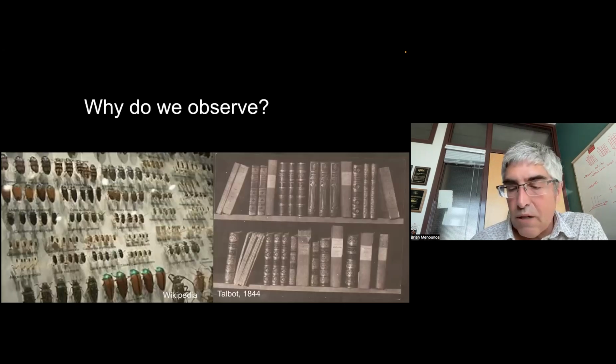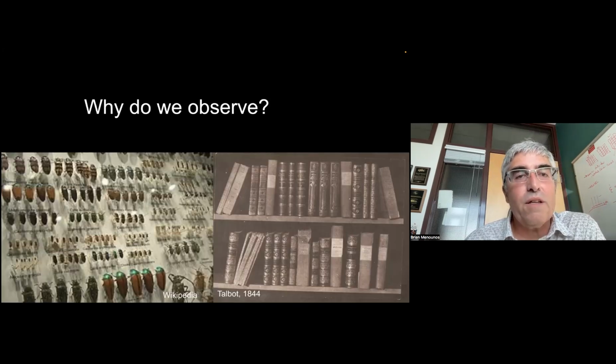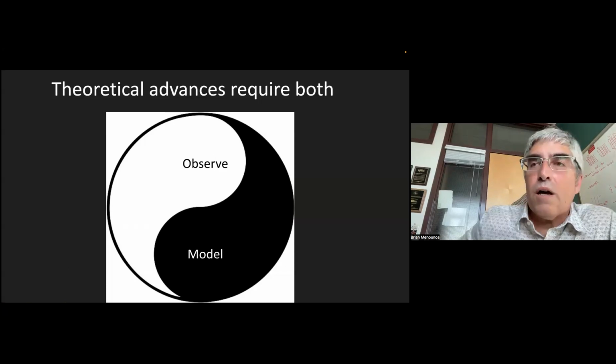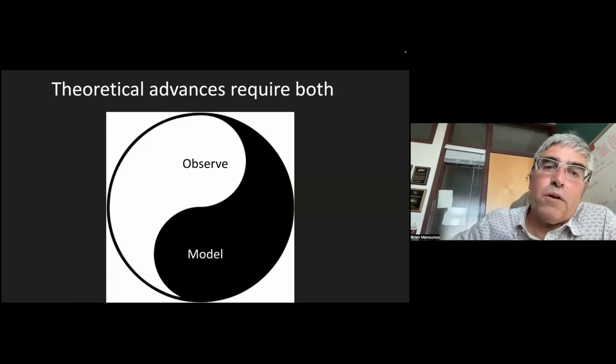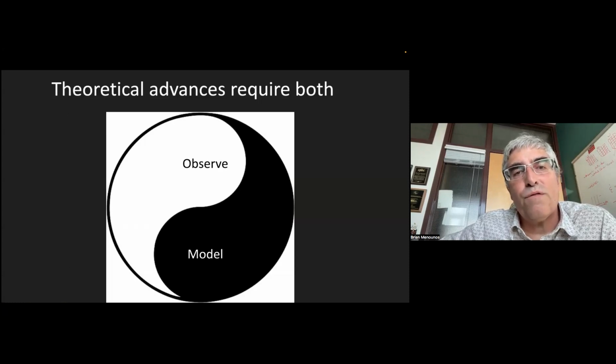So I brought this up at the beginning of the presentation. Why do we observe? We're not just collecting things and collecting photographs to remember the legacy of glaciers on the landscape, but rather we are observing to improve theory and also to improve physically based models. A good analogy of this would be weather forecast models. Those forecast models have dramatically improved through time, both through improved physics, but also through increased observations of the atmosphere.